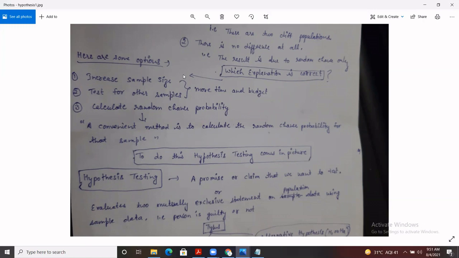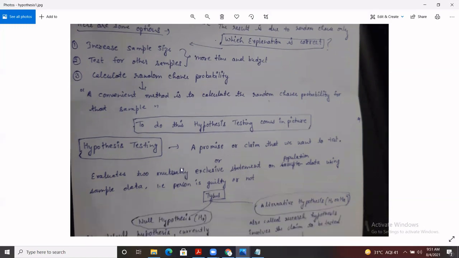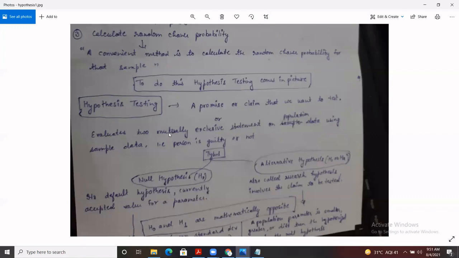But here let's discuss the different types of hypothesis testing. The one thing that we need to consider before performing hypothesis testing is to select a null and alternate hypothesis. Null and alternate hypothesis both are the types of hypothesis testing. So hypothesis testing has two different types. One is the null hypothesis, which we denote by H naught or H0, and the other one is the alternate hypothesis, which we denote by H1 or HA.